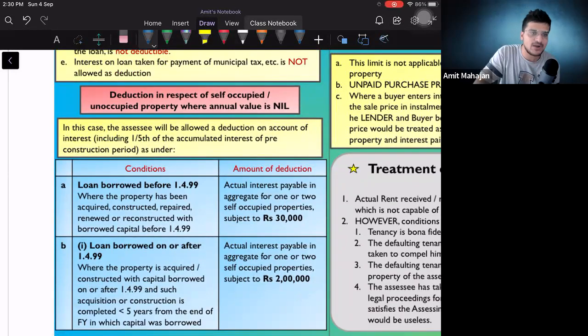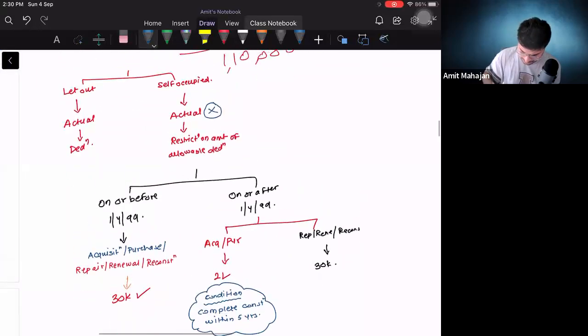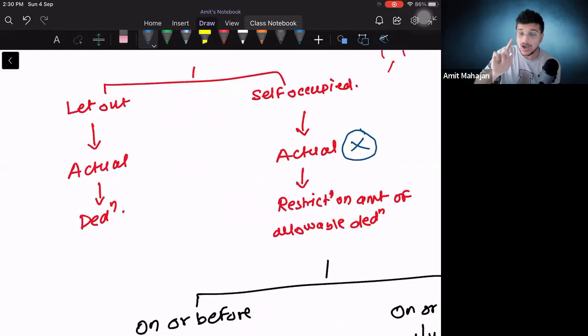डिडक्शन इन रिस्पेक्ट ऑफ सेल्फ ऑक्यूपाइड और अनऑक्यूपाइड प्रॉपर्टी where the annual value is nil। okay, आगे देखते हैं अभी क्या है। नाउ सबका ध्यान इधर। इफ द प्रॉपर्टी इज लेट आउट, understand that you will get the actual deduction even though the interest amount is 17,799 crore। इतना भी होगा ना तुझे इंटरेस्ट का अमाउंट, तो भी तुझे उसका डिडक्शन मिल जाएगा। इफ द प्रॉपर्टी इज लेट आउट, if the property is let out, whatever will be my interest amount, I will get a deduction of that much amount। क्लियर एकदम।